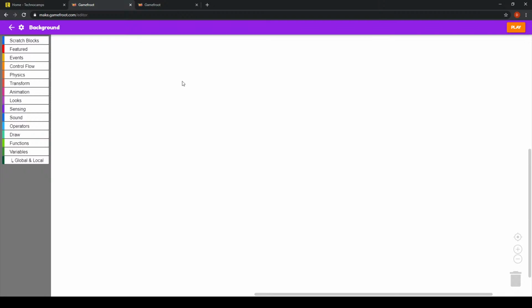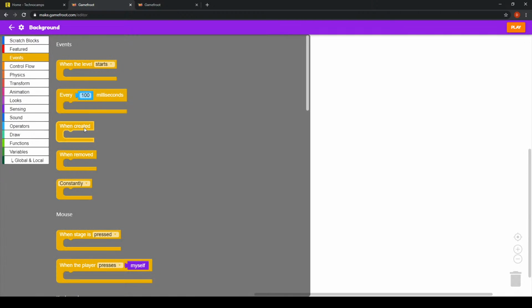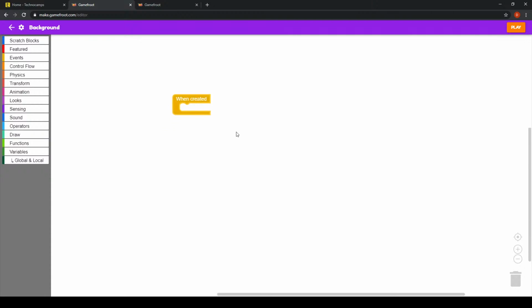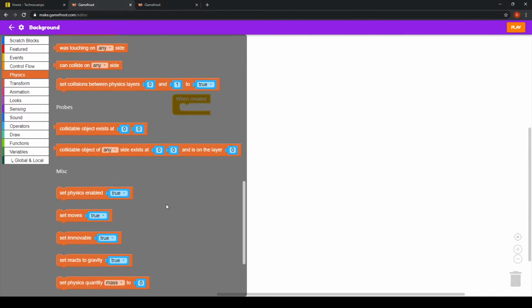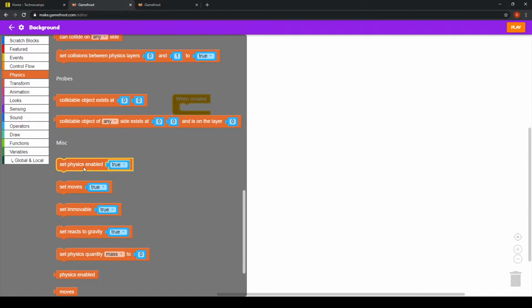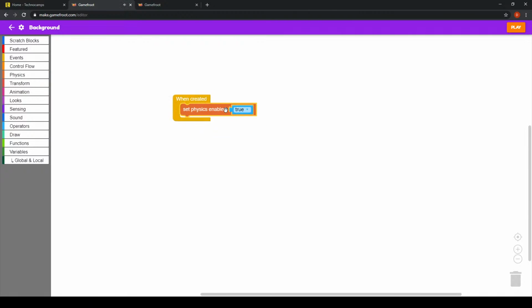There are very, very few blocks of code needed for this script, but they're really useful in ensuring that our background doesn't run away from us as we're playing the game. So what I want to do is go once again, say when created. This of course means when the level starts, essentially. We want to set the physics, from the physics menu, of our background to being false. So scrolling down, set physics enabled, we want to drag that into there,